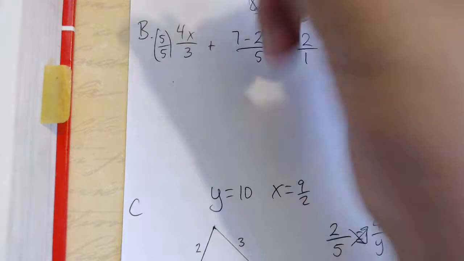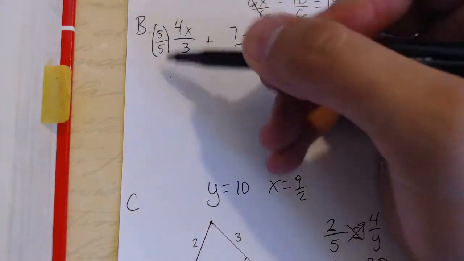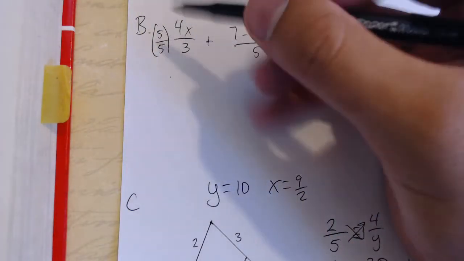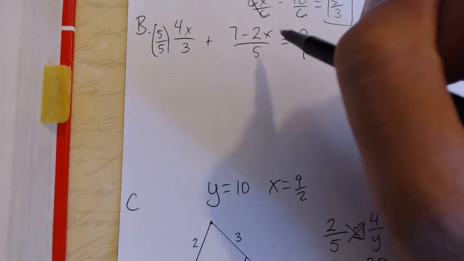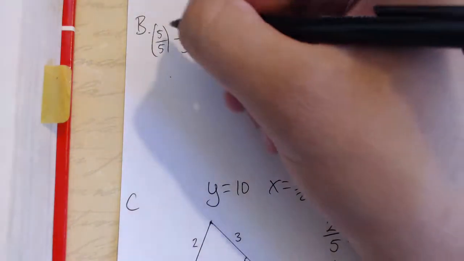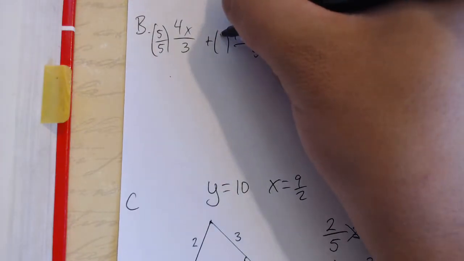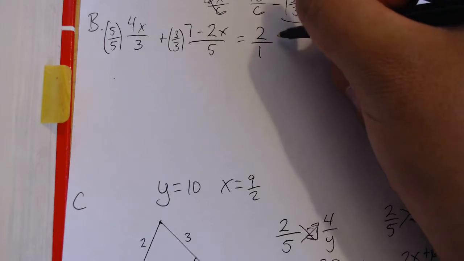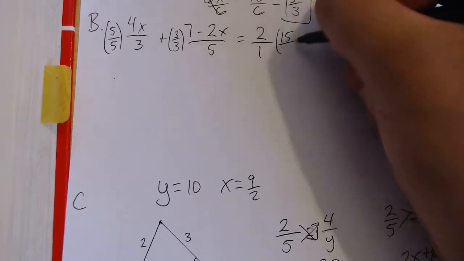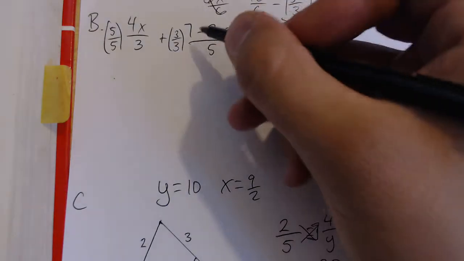And the reason why we can get away with this is when we multiply by a value of 5 over 5, that's only equal to 1. Any number multiplied by 1 is itself. So we're not changing the equation at all. So this one gets multiplied by 5 over 5, this one gets multiplied by 3 over 3, and the only thing we have to multiply by 15 is 2, which is a lot easier than multiplying 7 by 15,